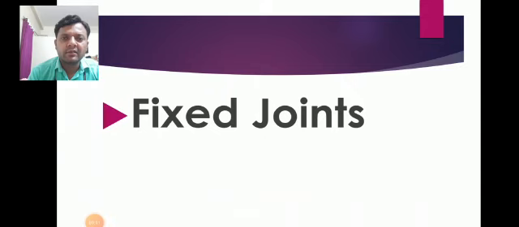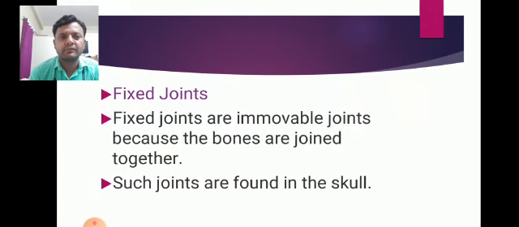The last part which we have to discuss in today's PPT is fixed joint. See, you all know all joints are able to move, and with the help of these joints the human body is able to move, but some joints are fixed. They are not at all in a movement position. So which are fixed joints? Let us see. See, fixed joint, the name itself indicates the meaning of fixed. Fixed joints are immovable joints. They are not supposed to move.